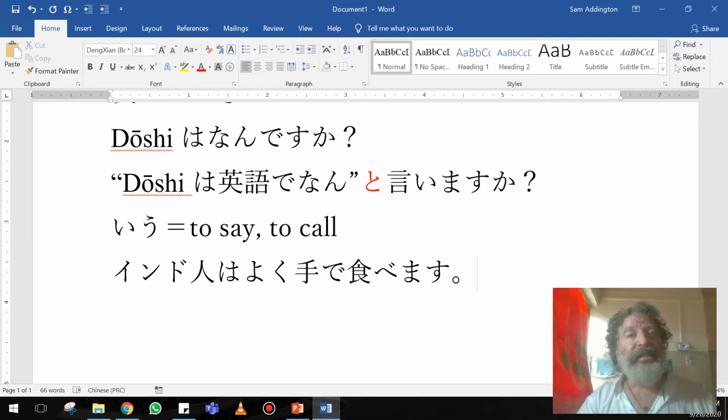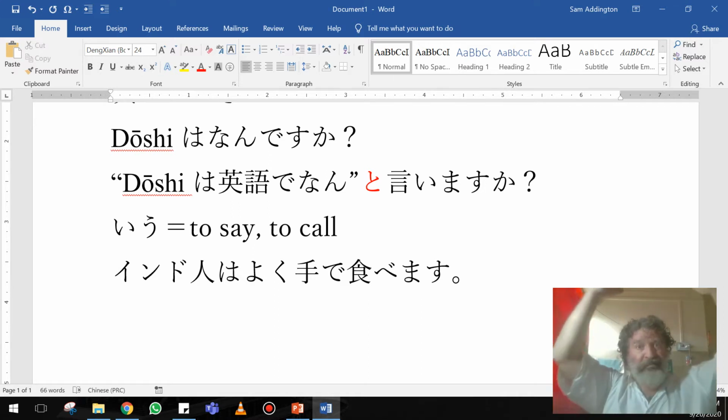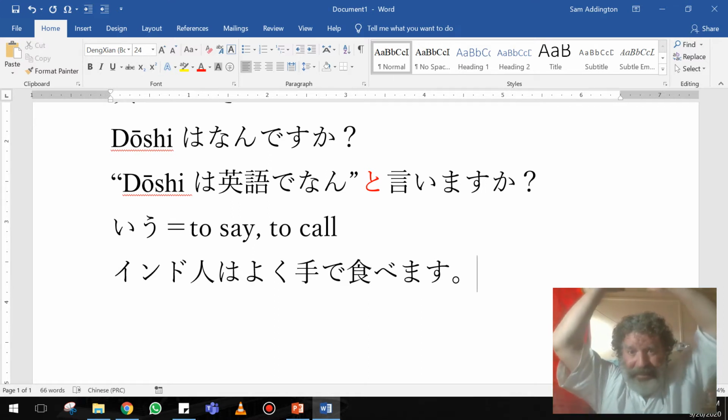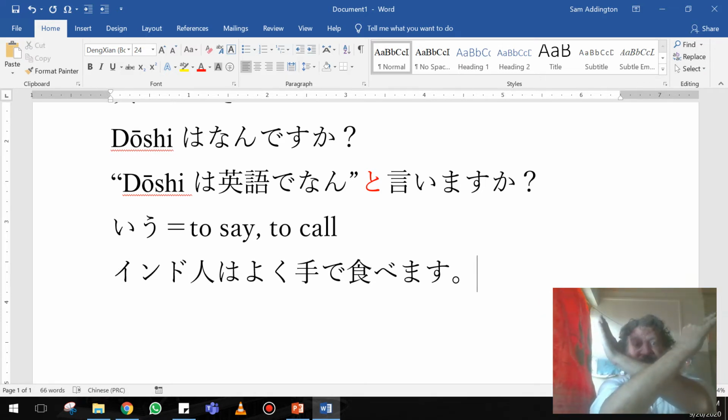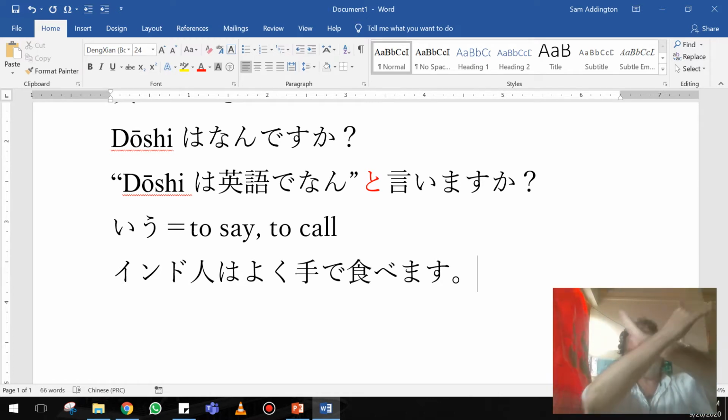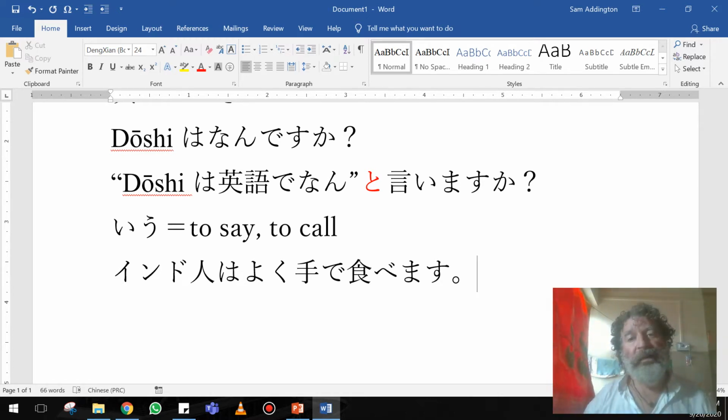And you notice that the period is a circle. And in Japanese, they call it a maru. Maru. So that's a word you need to put into your vocabulary list. This is maru. It means yes. This is batsu. It means no. Batsu is an X. Okay. Maru is yes. Batsu is no. There's so many maru. I'm going to tell you a story about maru maybe in the next lesson if I think about it.